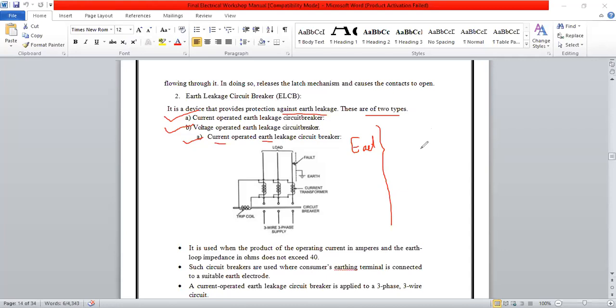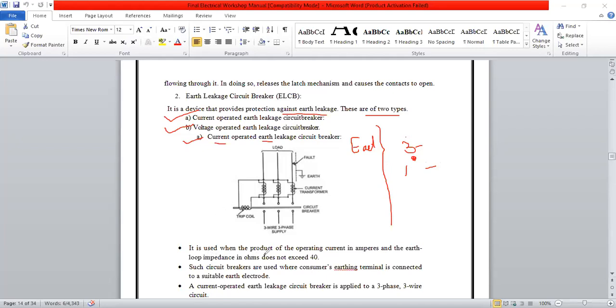What is the necessity to provide earth? earth provide करण्याची काय गरज आहे? So that means sometimes an extra amount of current will be flowing via earth, earth मधून flow होईल. So that means it protects personnel, that is the operating man, as well as the equipment from damage. Okay, so for that in our home appliances we generally use the three pin plug आपण use करतो. So one plug for positive, one plug for negative, and this middle plug is for earth. Okay, so sometimes it is current operated, that means it will carry a current.